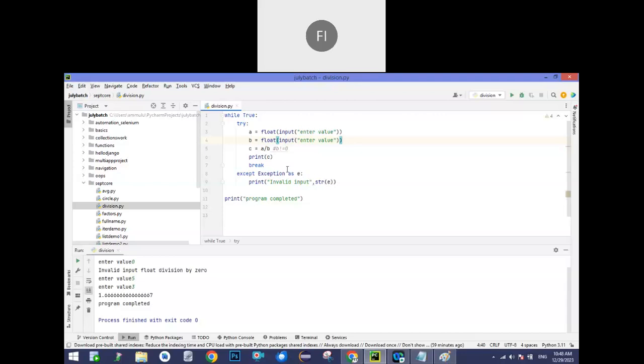That we will cover in the next class. I will take one more class on exception handling with more examples, and by that we can conclude this topic, maybe in the classroom, otherwise on the first of January.